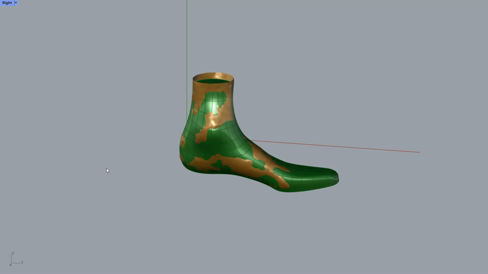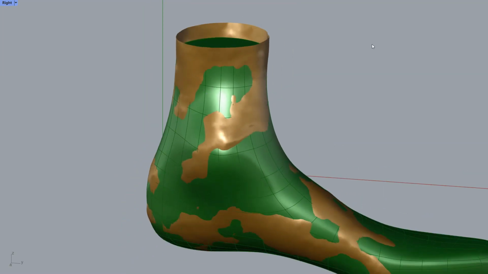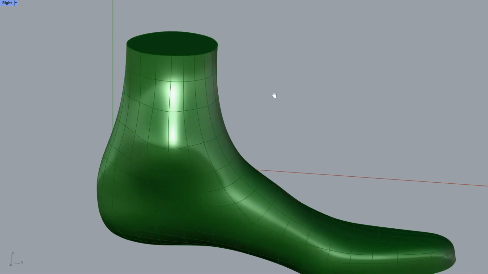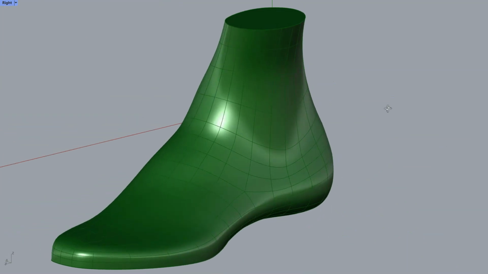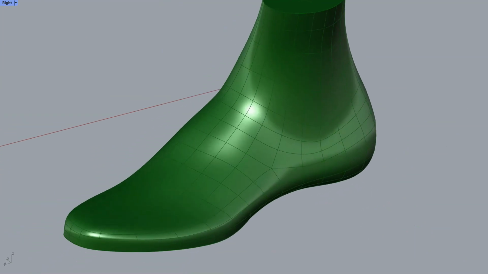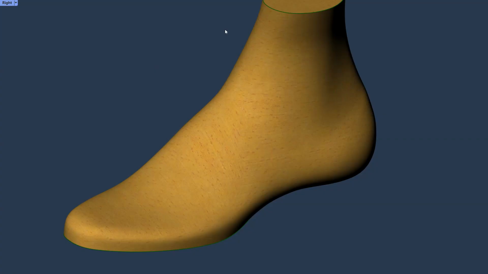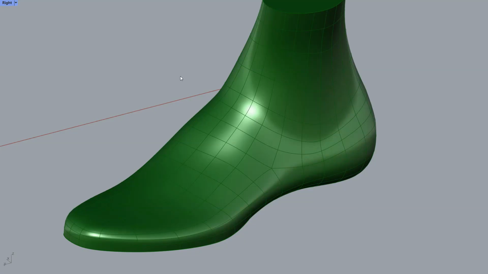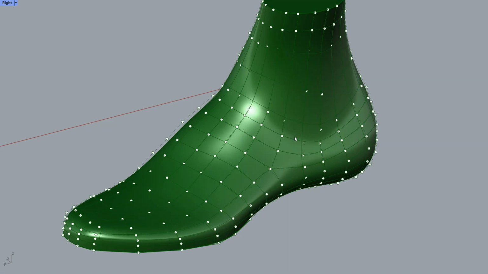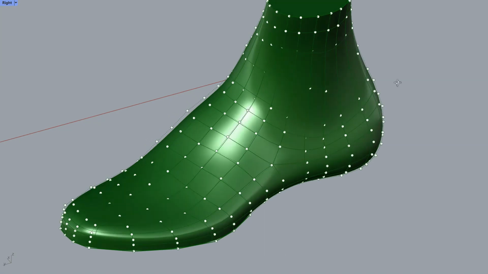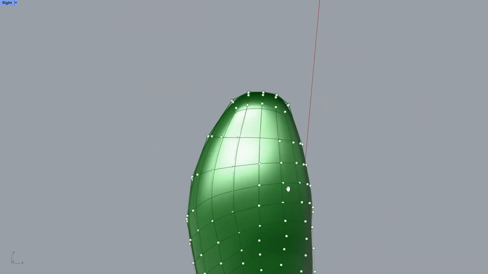Let's explore the features of this last a bit more. I'll get rid of the scan, and that leaves me with just this last. You can have nice other colors, but here you see the last and its control points. The first thing you want it to have is a fully controllable nose